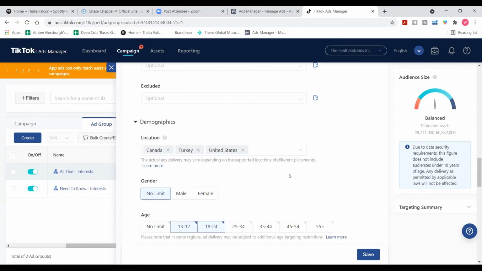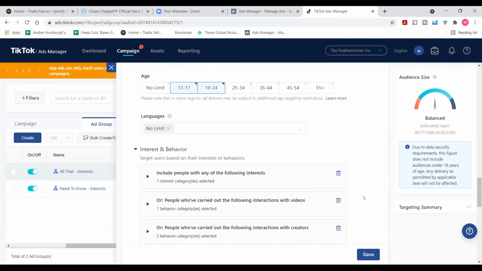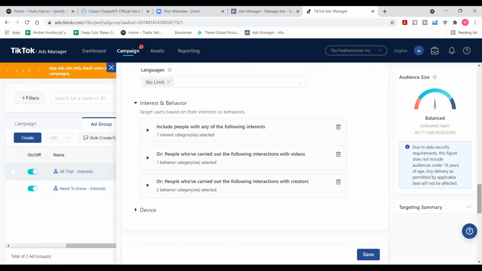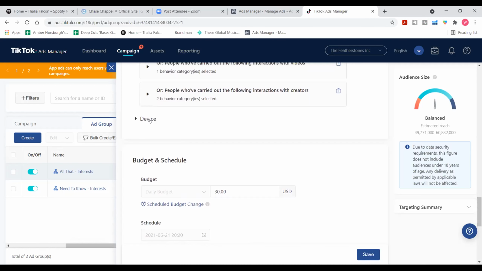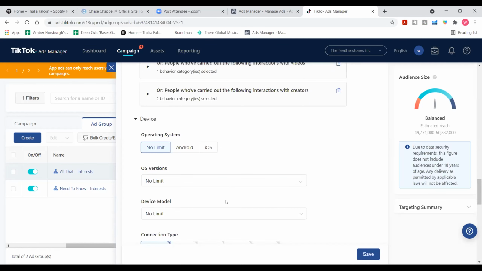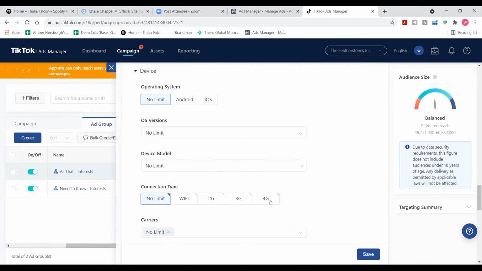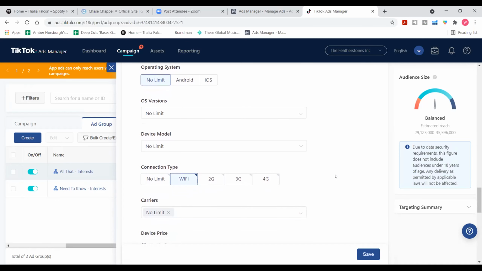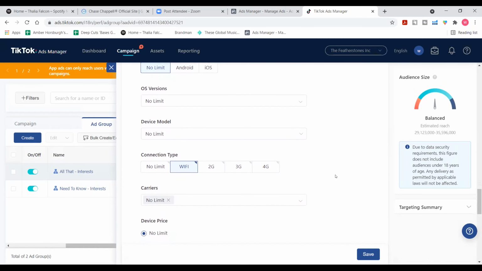Okay. So scroll down some more, and then you'll choose device, and then scroll down some more to connection type, and you're just going to choose Wi-Fi. Yeah, select Wi-Fi there, and it'll show you. You don't have to make the change now. And then you can also update the OS version as well as the device model. So that way, if anybody's on an old phone,